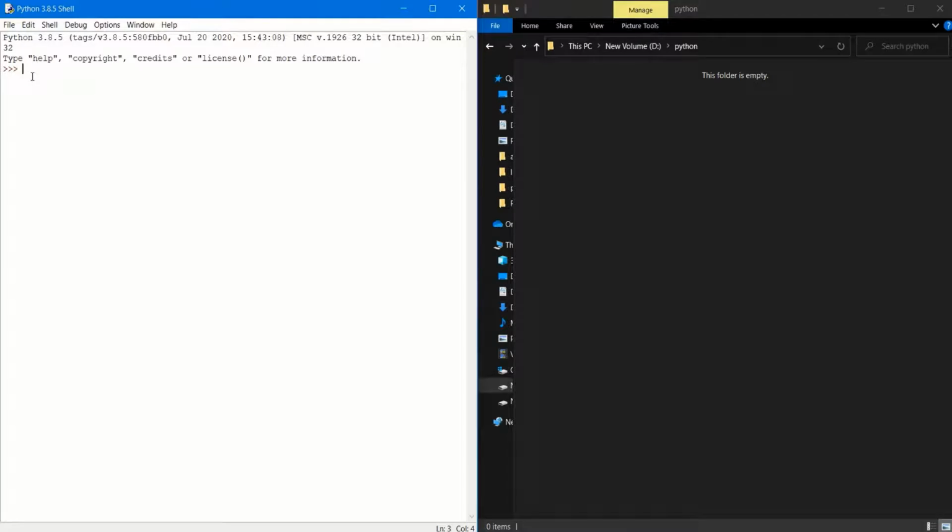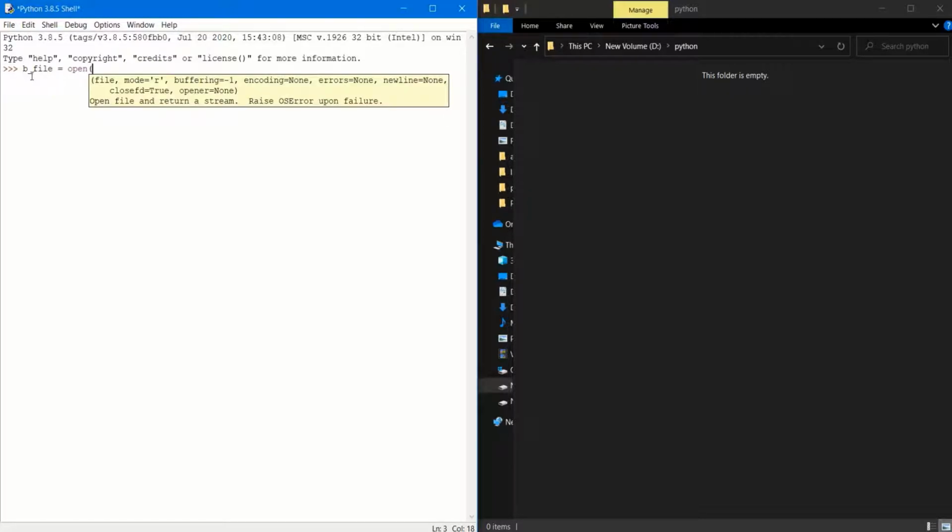So we are on our desktop screen and our main goal here will be to create a binary file, then put some data inside it and lastly read the data from it. So first we will create a file object called bfile, then open a binary file. So first we have to create it. So we will open this binary file in write mode so that it creates our binary file. Our binary file extension will be .bin, which stands for binary.